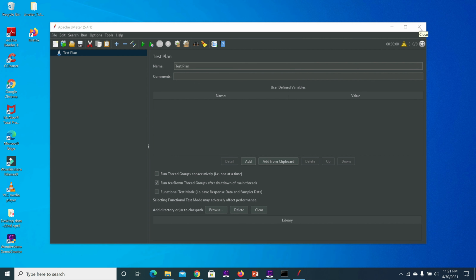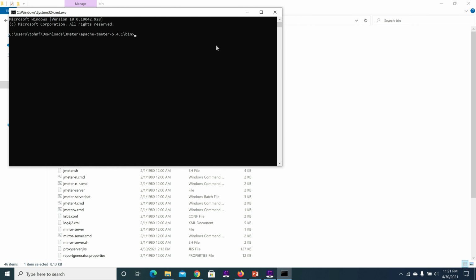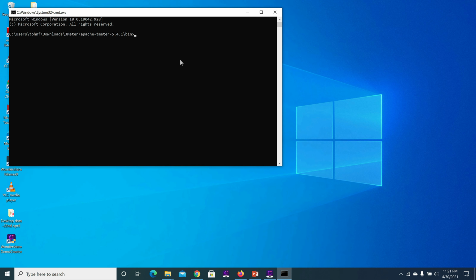Let me launch JMeter in command line mode. So you can type cmd here itself so that it will directly take you to the current directory. No need to type cd to this location. It is the easiest way to locate the current directory. So here I am typing jmeter